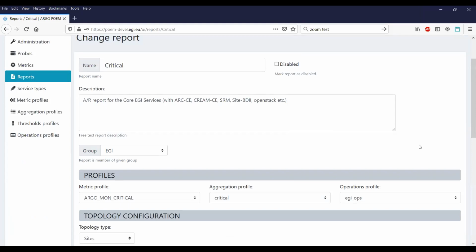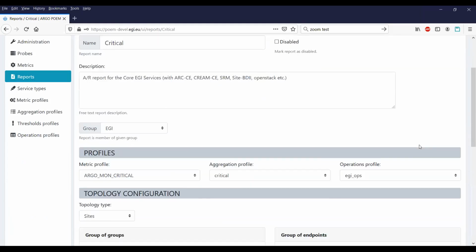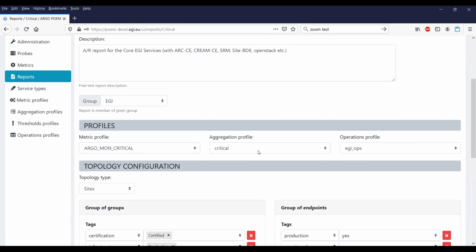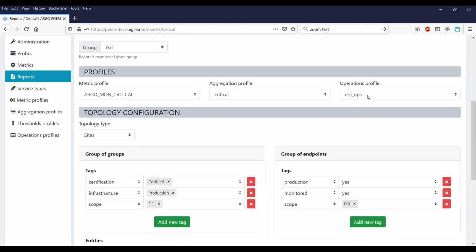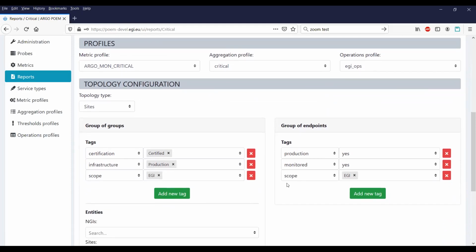So for the critical one, you already saw the aggregation profile, you saw the metric profile, and now this is the report profile. So basically, you tell the system use this metric profile, this aggregation profile, this operations profile, and this is a bit where you basically filter stuff.